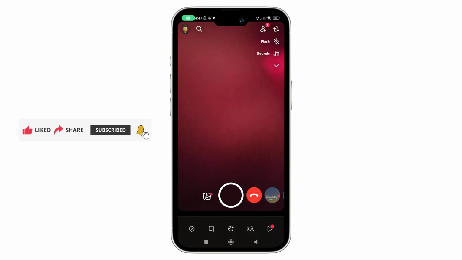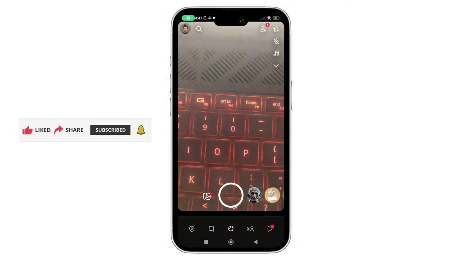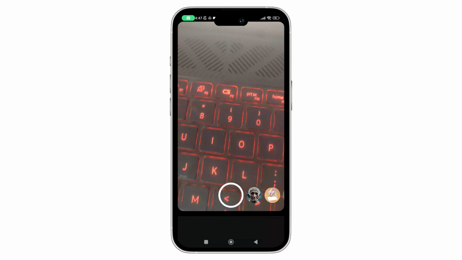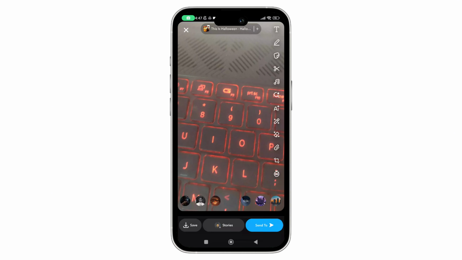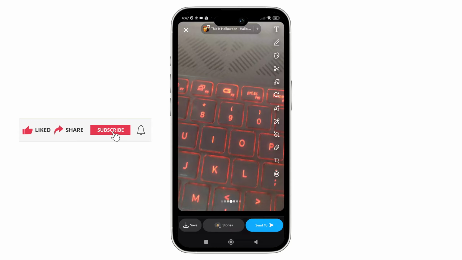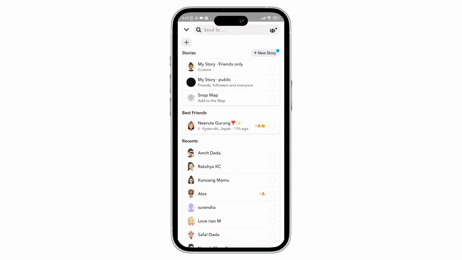And now here, once you're inside the app, simply take a photo or record like you normally would using the camera, and here you can add filters, stickers, text, music to make your snaps more fun before sharing. And once you're ready, you can just tap on the send to button, which can be seen in the bottom right corner of the screen. And now from here, you can send it to your friends, your story, or spotlight for